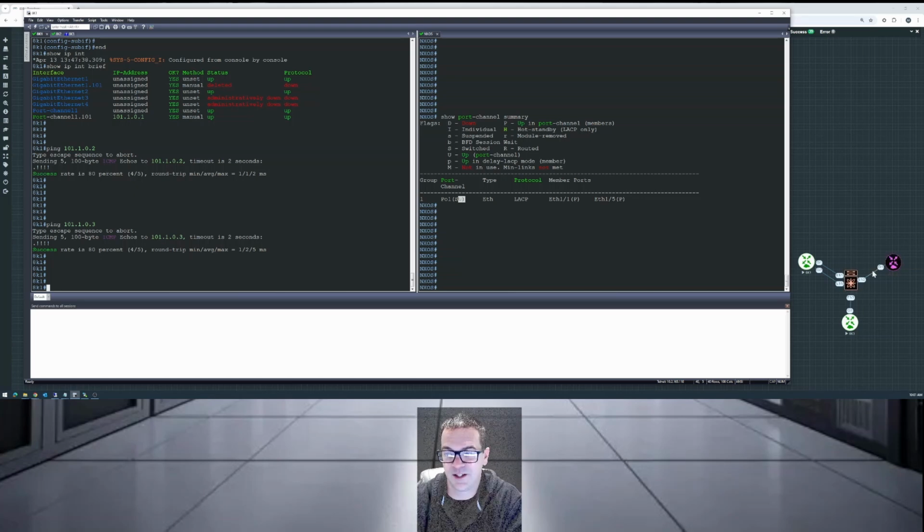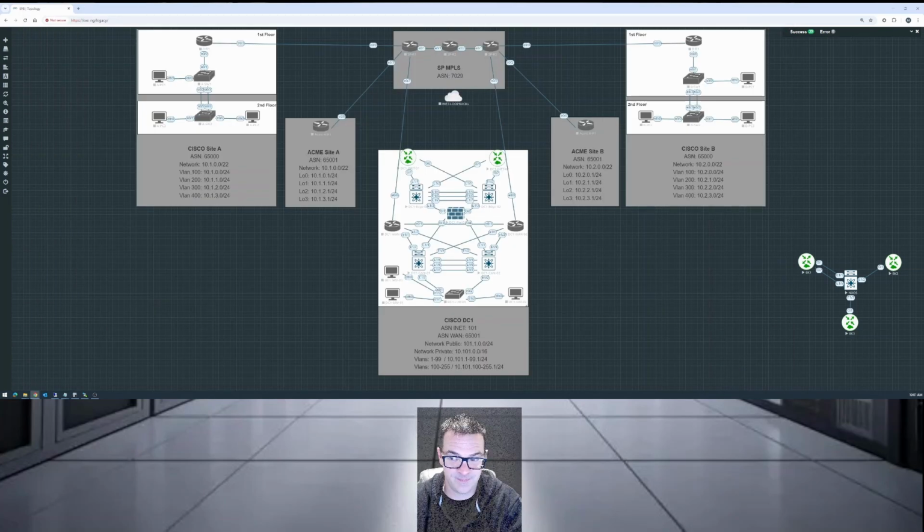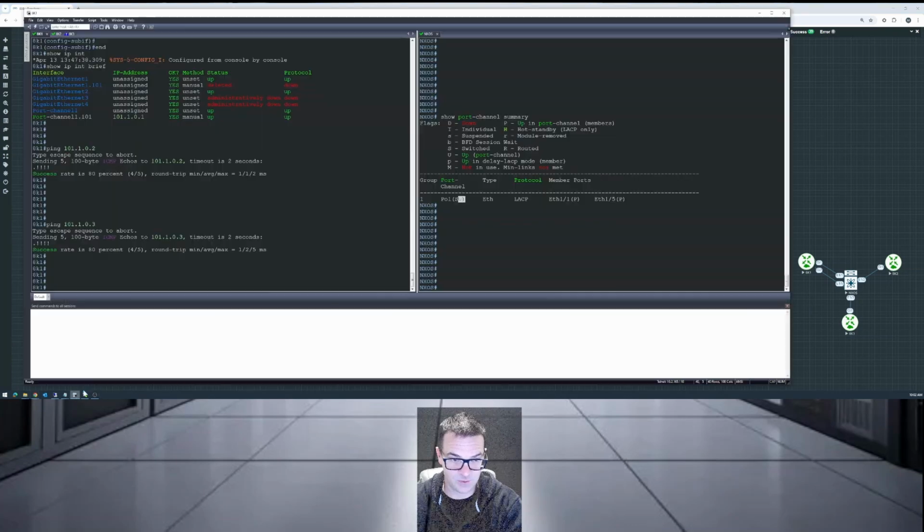So I could essentially make a port channel between router 2 and the Nexus and router 3 and the Nexus, and we can move on and finish this topology. As soon as I add a second switch and build a VPC pair, CDP gets all jacked up, it doesn't see what's what, and it breaks the entire configuration. So I just wanted to point out